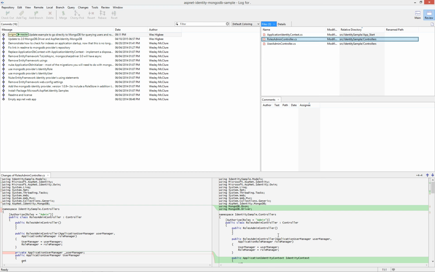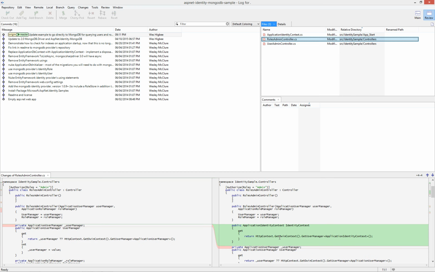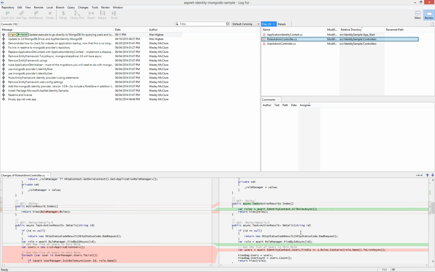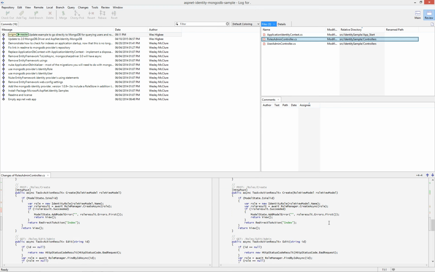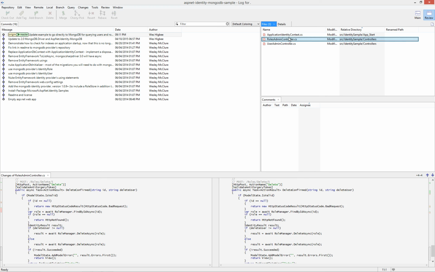On the roles admin controller, so the page to look up all the roles, again, we have access to an instance of our identity context, and then in a couple of places we patch things up. Here's that method we were just working on, the index page to get all roles, again, calling the AllRolesAsync. And then down below, we have the details page. Here's that query we patched up where we're searching for users in a given role. And then, oh, that's it for that one. And then the user